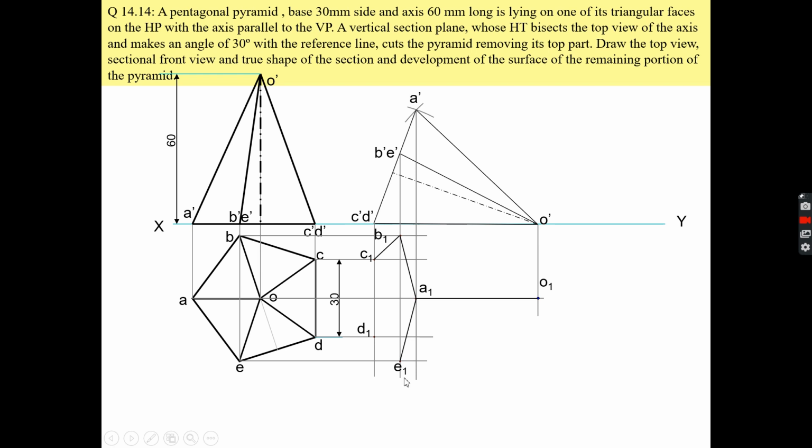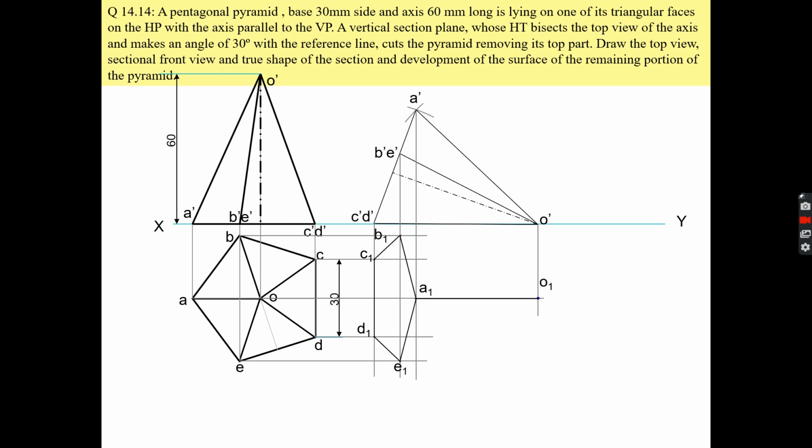Or what you can do, you will make all the diagram with the help of 2H pencil only, because we have to cut the solid. And after cutting the solid, the remaining portion you have to draw with the help of HB pencil, and the portion which you have to remove, you have to draw it with the help of 2H pencil, right? So first we will draw all the diagram with the help of 2H pencil only.